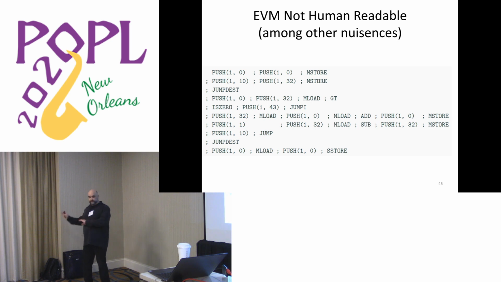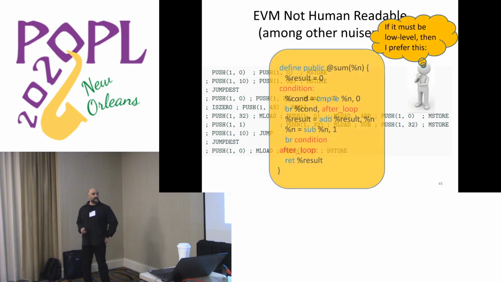And I said, I would replace it completely. I would use LLVM instead. And they said, why don't you design an LLVM virtual machine for smart contracts? And we started doing that. And it looks like this, which is LLVM. This is the same program that does the same thing, but in an LLVM-like syntax.